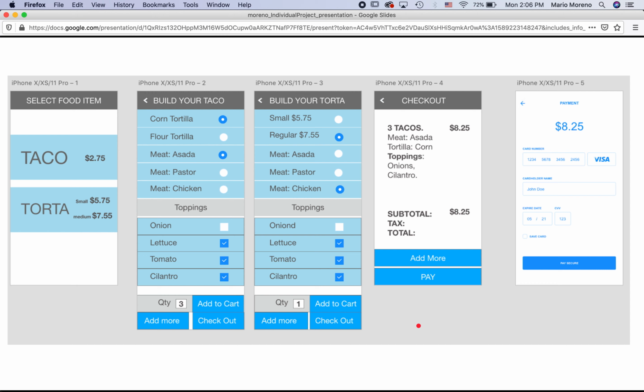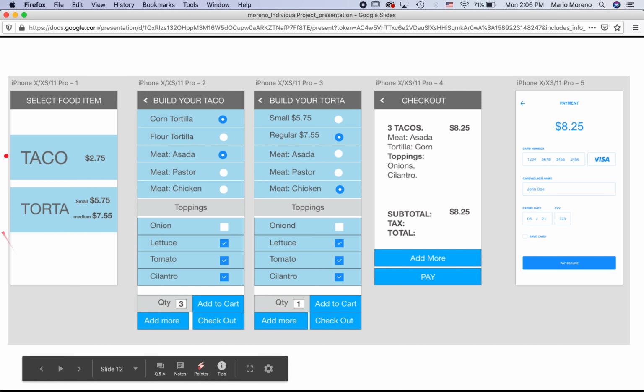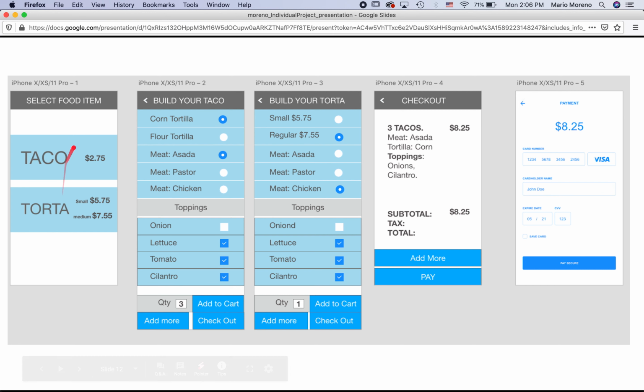This is kind of like the way the screens would look. Obviously, this is not a designing class. This is a very rough chart or wireframe of what the application would look like. This would be where you select the food item with the price. This is the user interface that the user would see. Obviously, like I said, this is not a designing class, so this is just a very rough interpretation of what